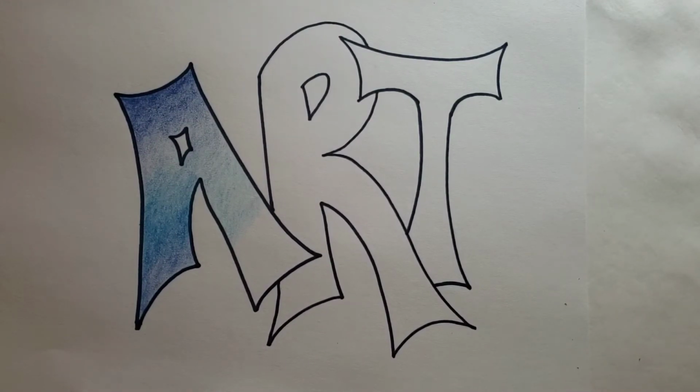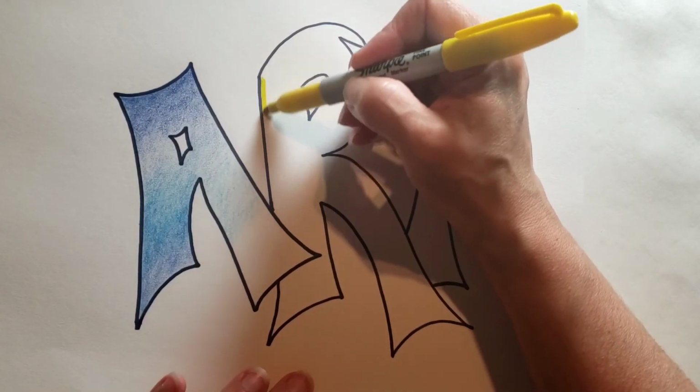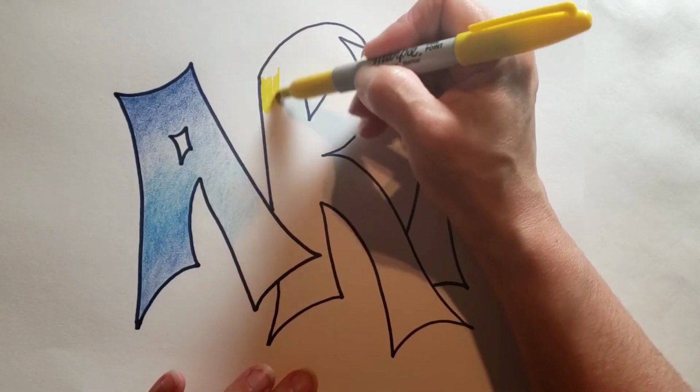You can combine marker and colored pencils for a pretty interesting effect. So I'm going to show you just a little pinch of that. Please know that if you decide to do this method, it does take longer. Okay, so I'm going to start out with marker,